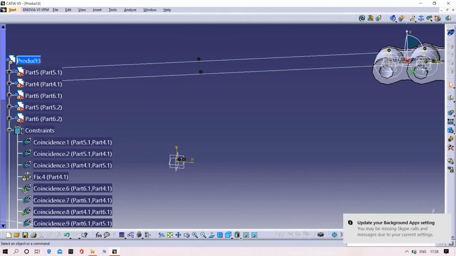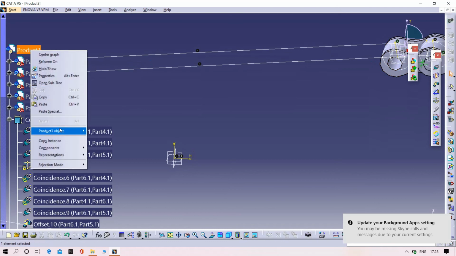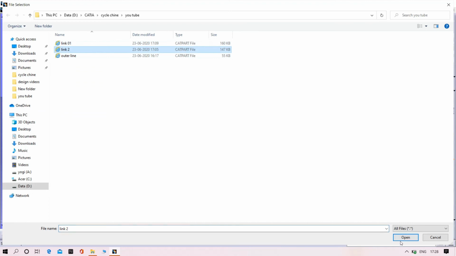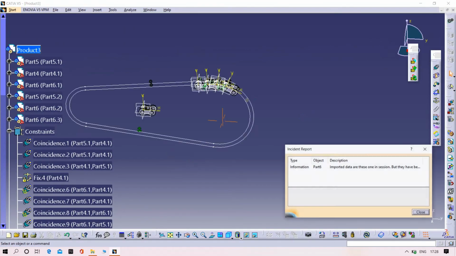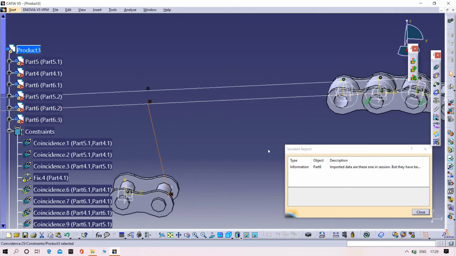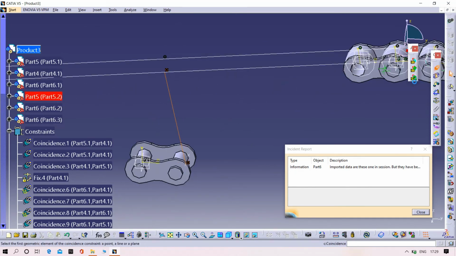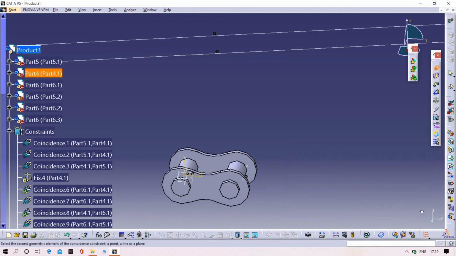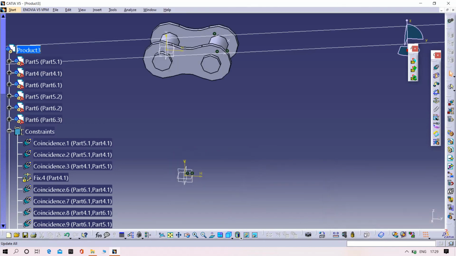Then try to open the components, existing components, select the link, open, then coincident, point, then curve, then coincident, point, apply.